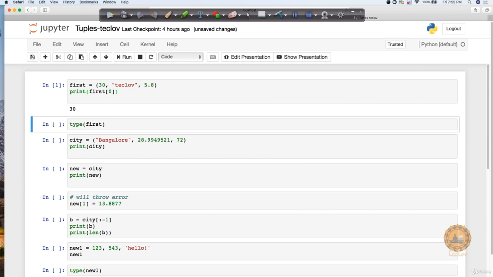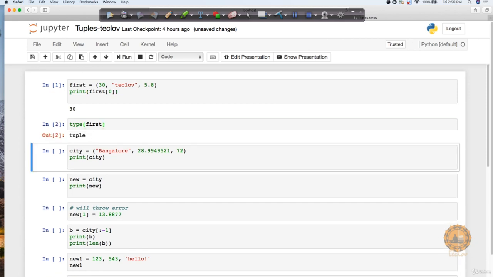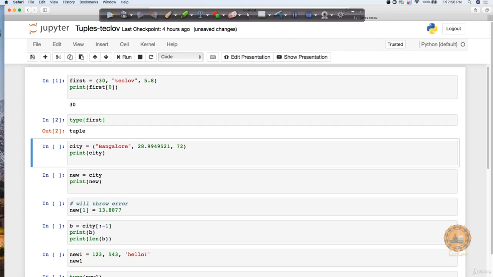If I want to quickly confirm whether this is of tuple type, as we have already learned, we have a function available called the type function, and it returns that first is of tuple type. Let's create one more tuple called city, where I have Bangalore and two more numeric values.